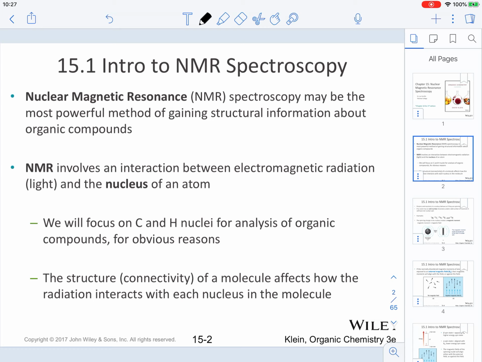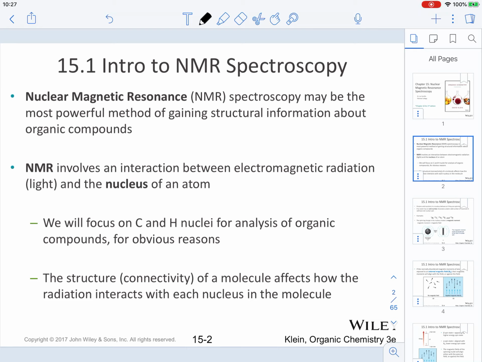NMR is the abbreviation that stands for nuclear magnetic resonance spectroscopy. This may be the most powerful method to gain structural information about organic compounds, and it is the one that we first use as organic chemists to get insight into the structure